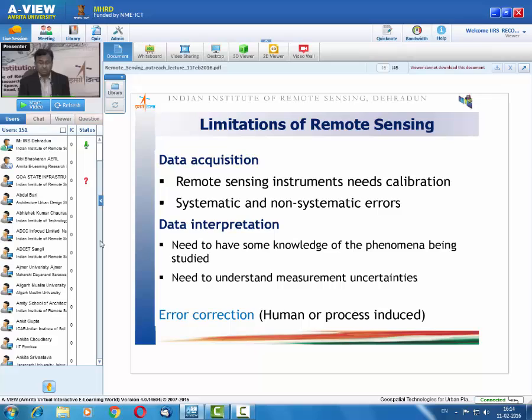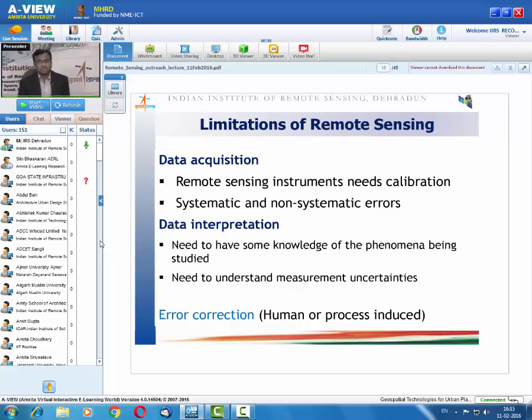Now, remote sensing, like any technology, has some limitations. These limitations arise because it uses instruments, and like any instrument, this also needs some calibration. As we have seen in the previous slide, it normally records the reflected, emitted, or backscattered energy. This energy travels from the source to the target and back to the source again, and it also causes some